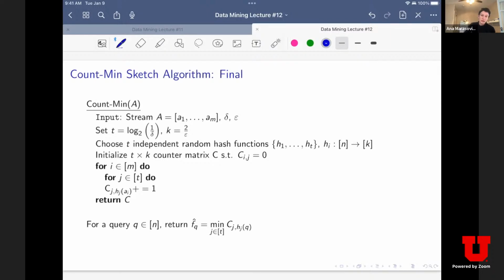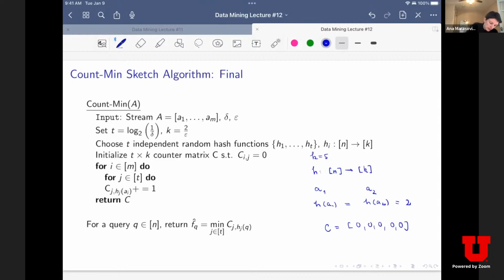So let's focus on just one hash function, from domain N to domain K. Let's say we have two elements, A1 and A2, and they both have the same hash value, let's say it equals 2, which means that in our counter, where K was 5, so the counter size is 5,